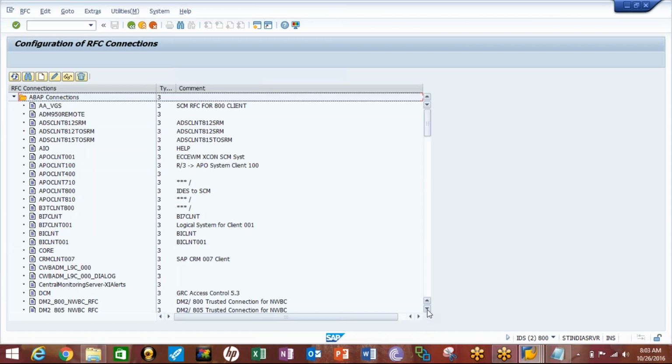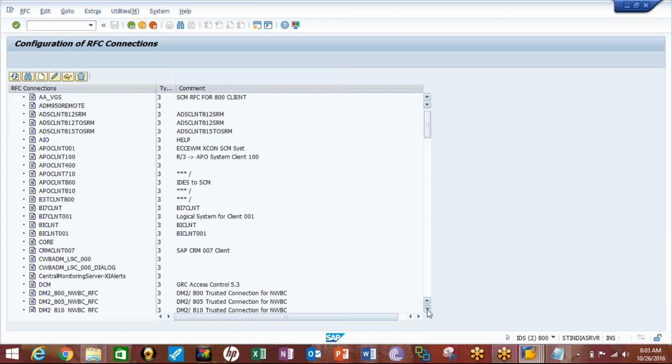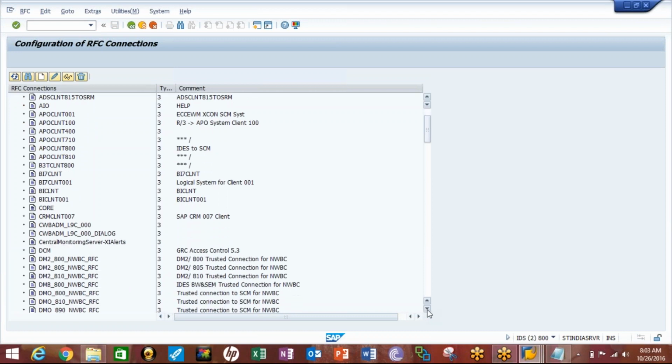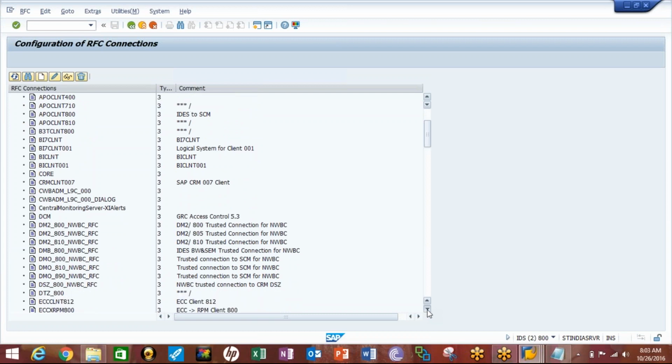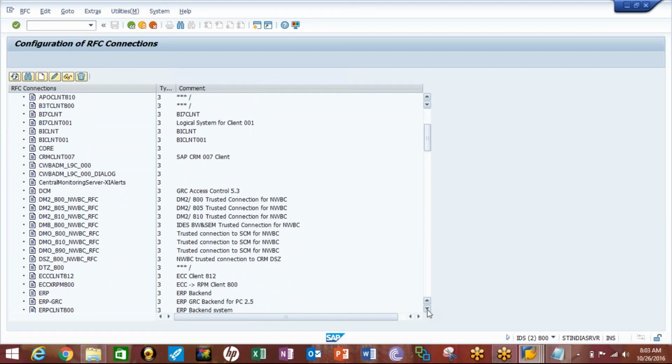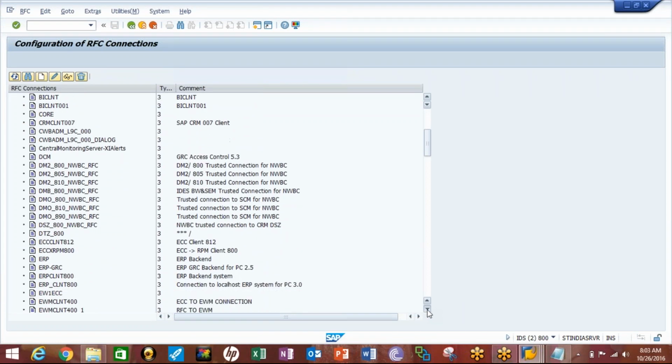Go into SCM. It starts with SCM. So your SCM, RFC. So your RFC connection should be